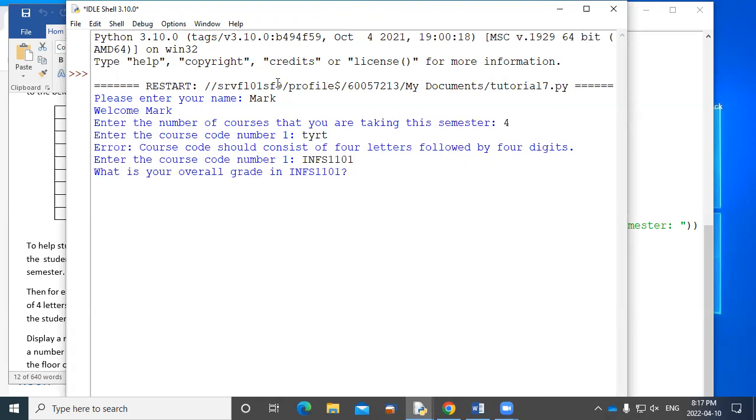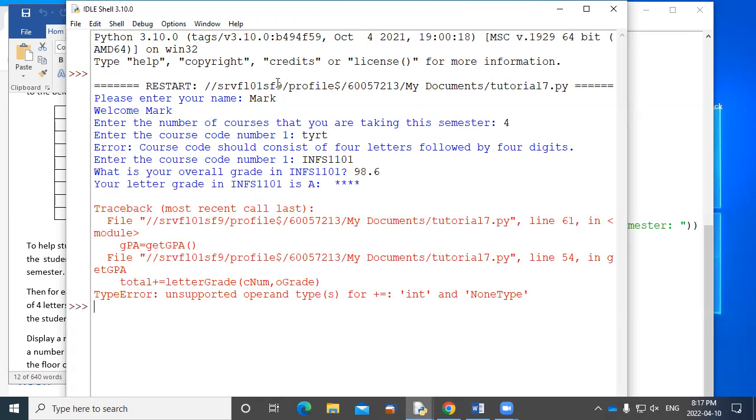And so now it asks me for the overall grade. Well, let's say I got a nice grade. Oh, okay, I got an error. I wasn't expecting that. So we're going to sort this error out.